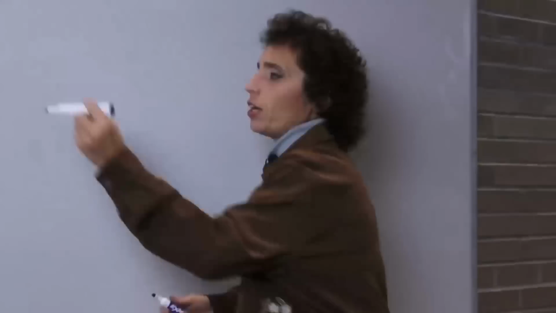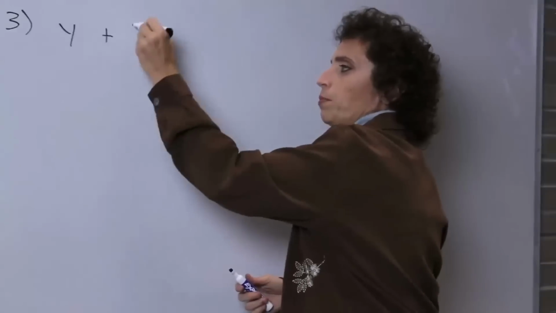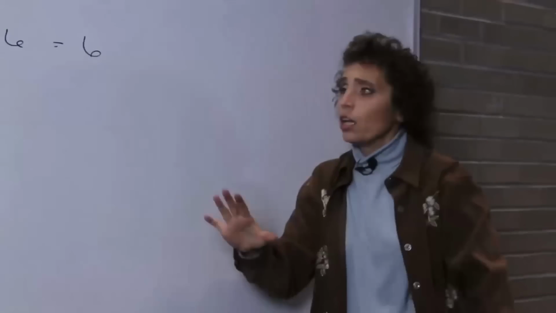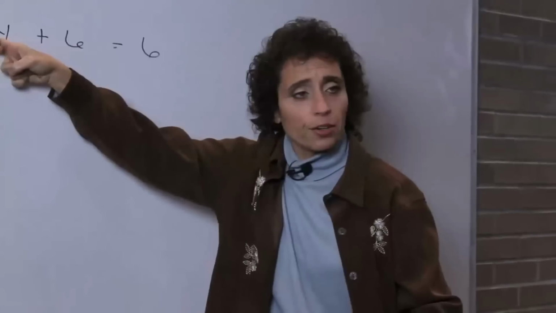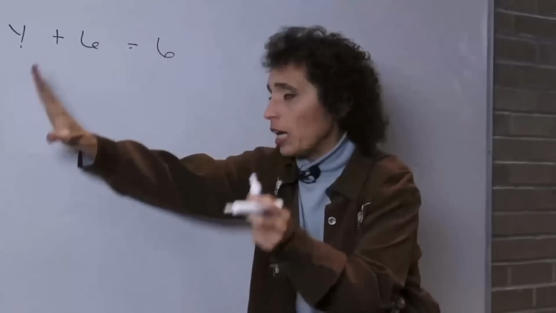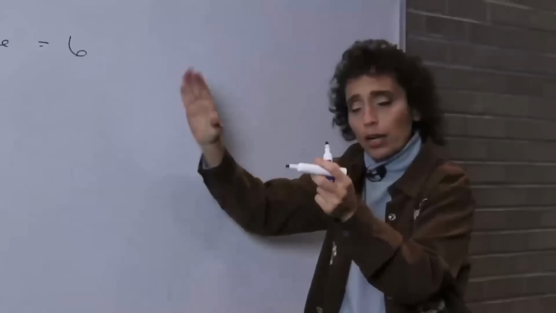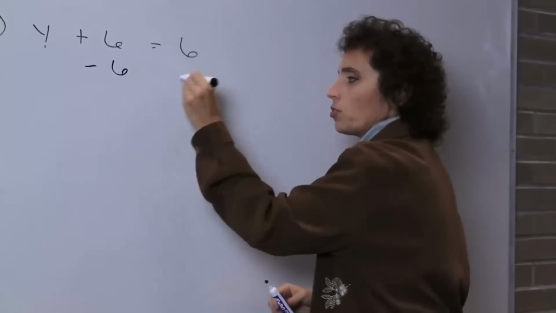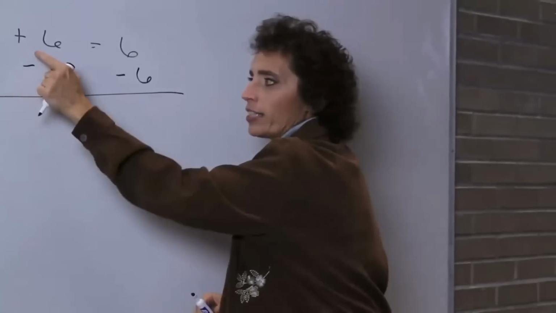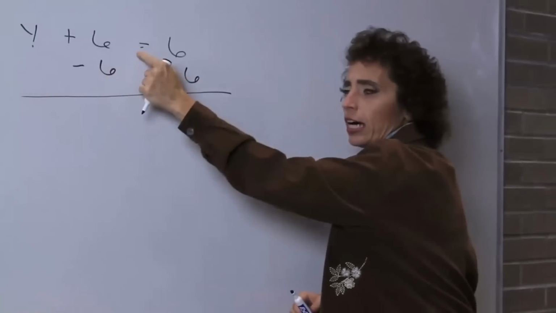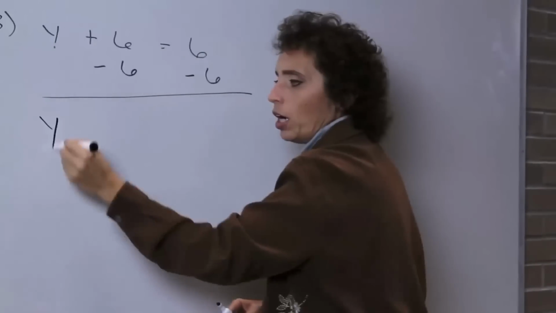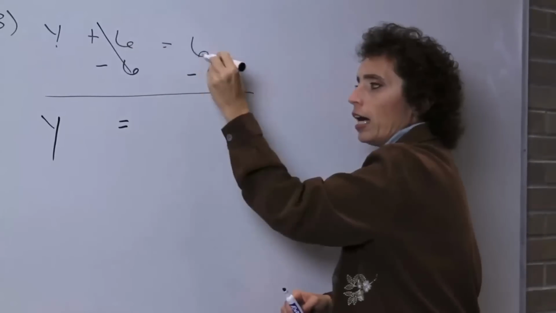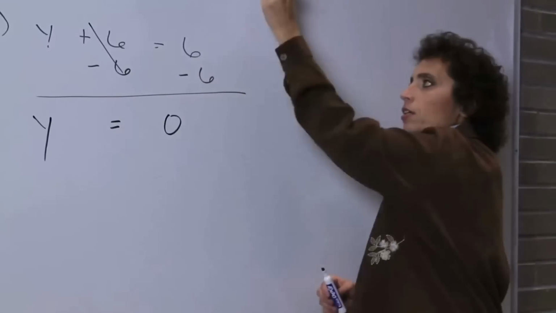Okay, number 3. Number 3 says y plus 6 equals 6. Remember the goal? Variable on one side, number on the other. I'm not going to touch him. He's alone. He's got no friends. All the variables are on the left. Leave them on the left. If all the variables are on the left, all the numbers have to come to the right. Okay? So subtract 6. Subtract 6. I subtracted because it's the opposite of addition, but whatever I do to this side, I got to do to this side of the equation. I put it under the like terms, numbers under numbers. So y equals, I have 6, I owe 6, I got nothing. Y equals 0.